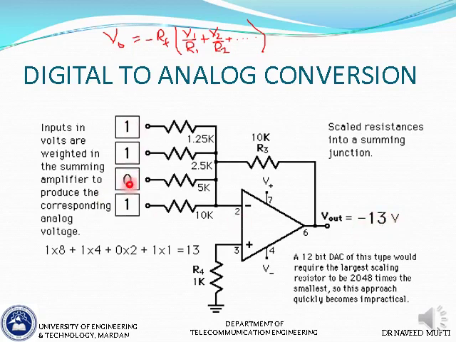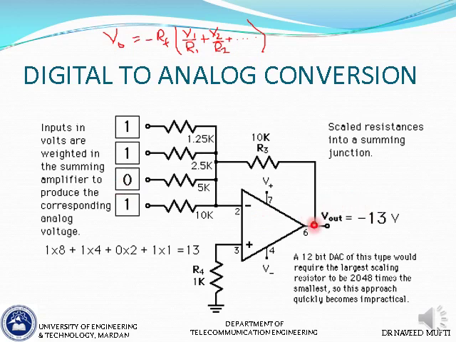With a different bit combination, the output will be different. So if you construct a table of all the possible bit combinations, you will end up with 16 different values for output depending on the bit combination. For every bit combination there is a unique output. So that is how we convert from digital to analog